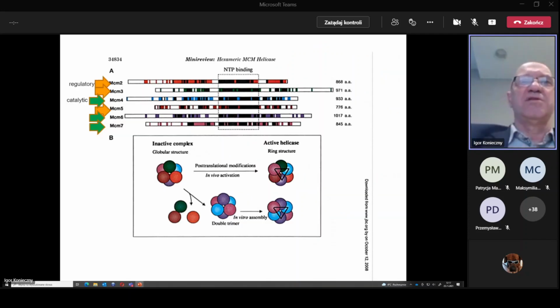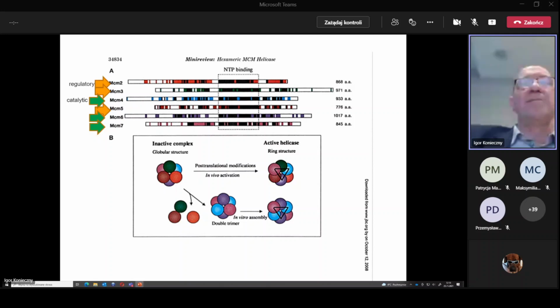I also mentioned that when we look at the eukaryotic helicases, in contrast to prokaryotic or archaeal helicases, all protomers in prokaryotic systems and archaea systems, or protomers combining the hexameric or heptameric structure of a helicase, are identical. But in eukaryotic systems, we cannot talk about the individual protomers combining the hexameric structure, but we have to talk about